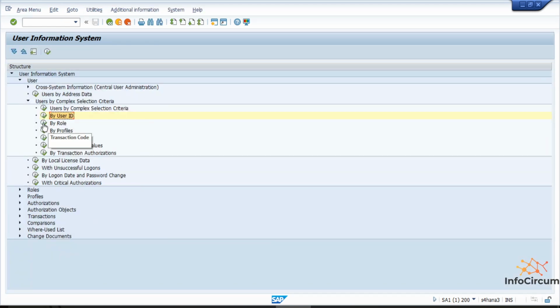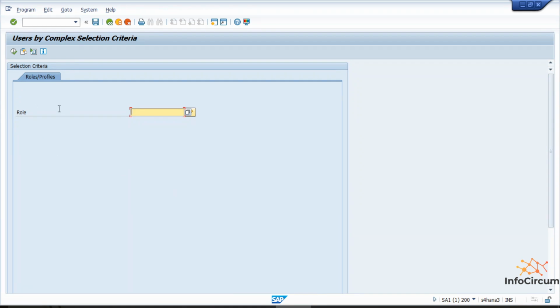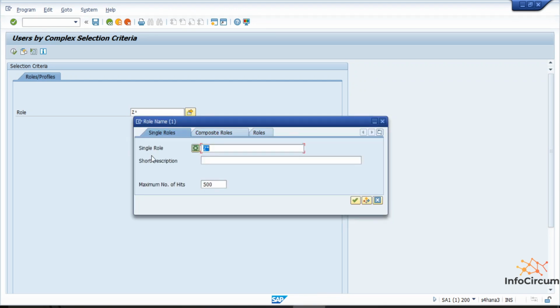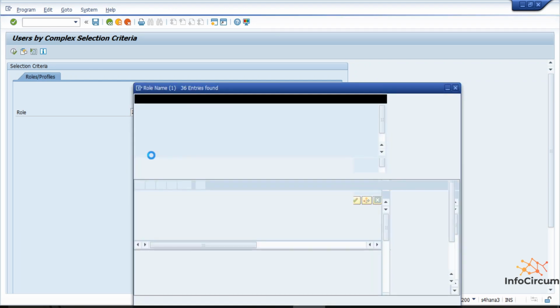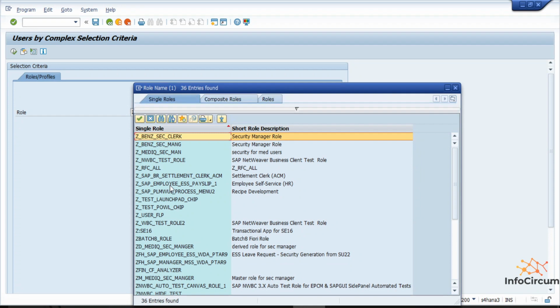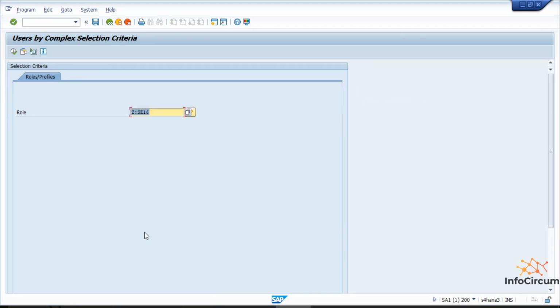Now coming to by role. Here you can find out the list of users who have a specific role assigned. Let me select the role first. Suppose I'm selecting this ZSE16.